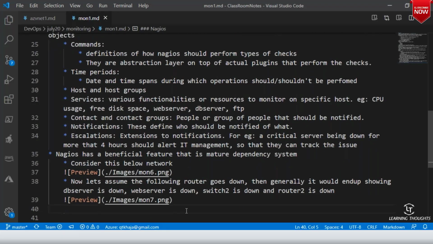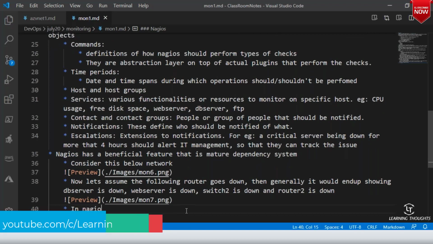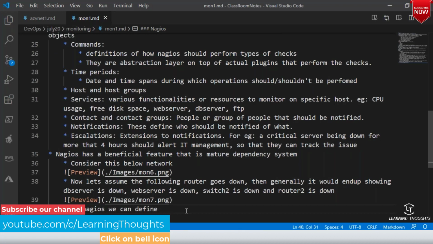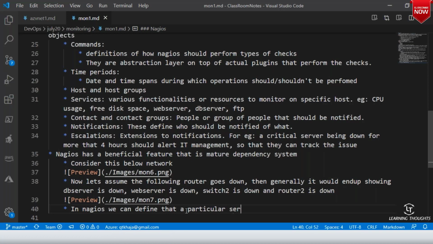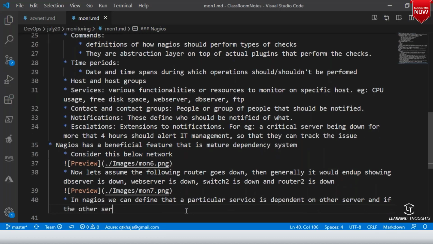in Nagios we can define that a particular service is dependent on another service. And if the other service fails, don't check the dependent services.